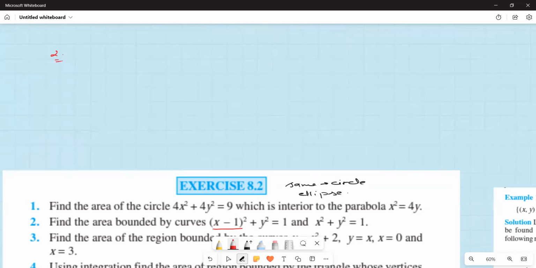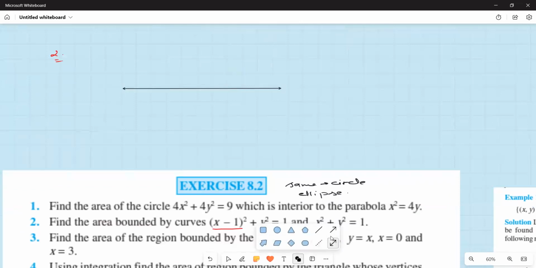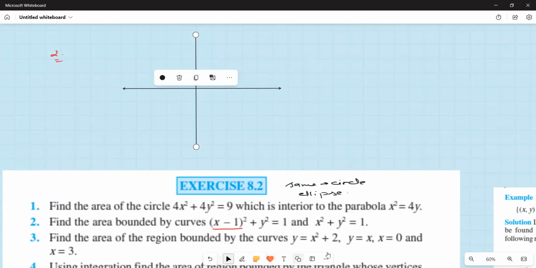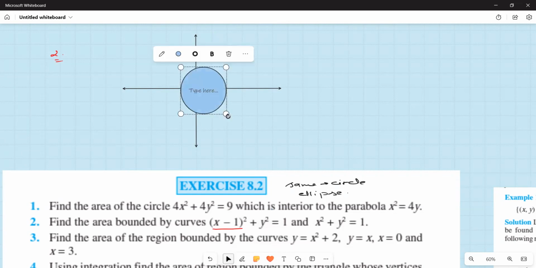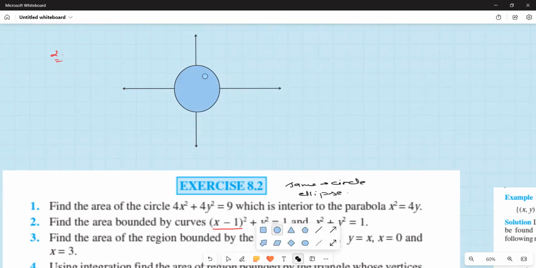So if we draw the line, yes. And then we draw the circle. One circle is this. Another circle is